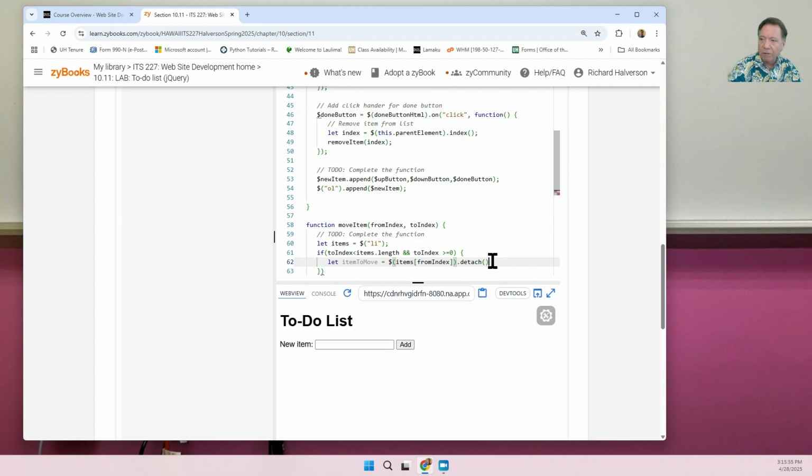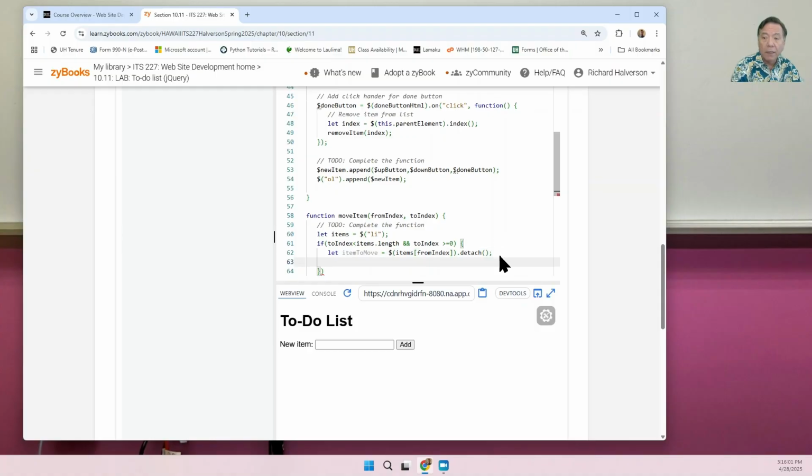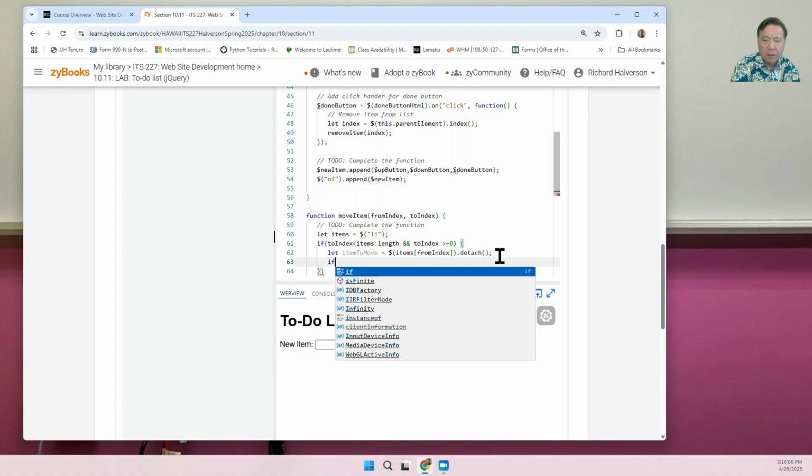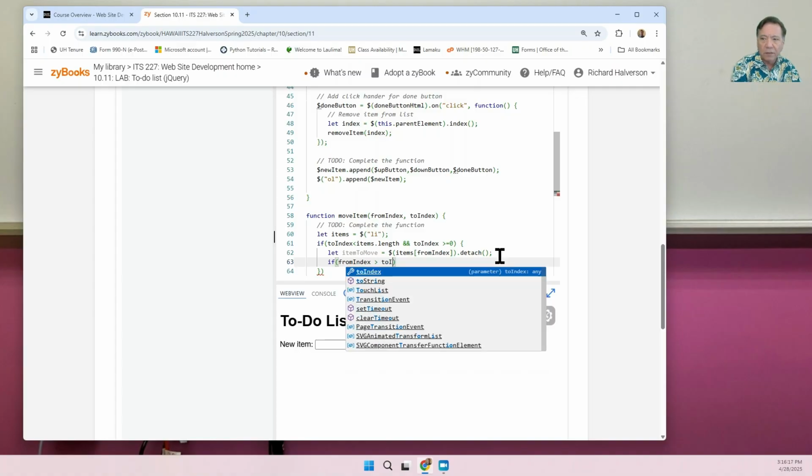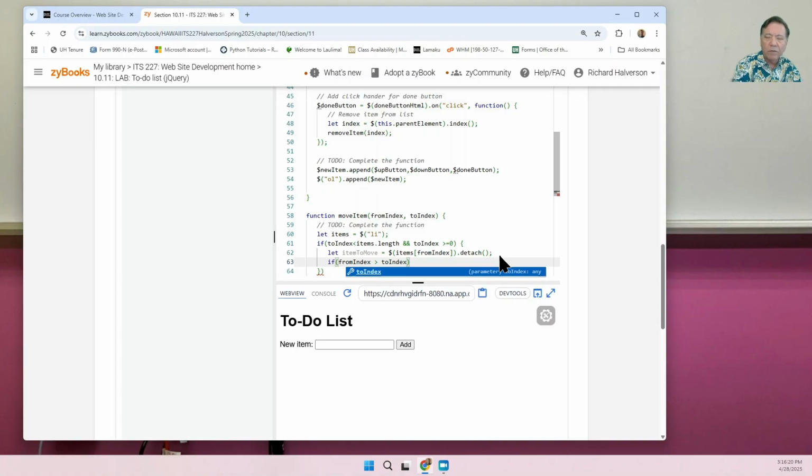So I've detached off the list item that I want to move. Then if the from index is after the to index, in other words, if we want to move it up the list, if from is greater than to, then